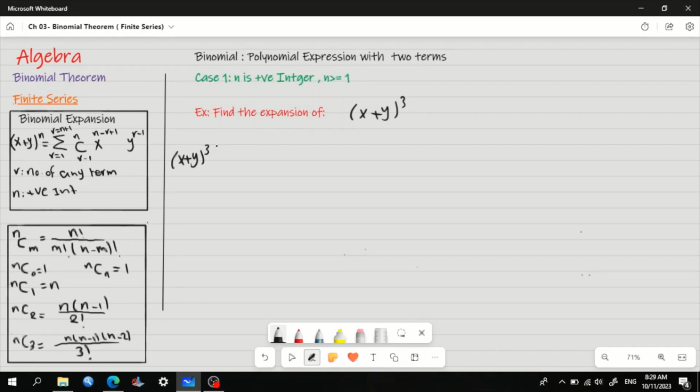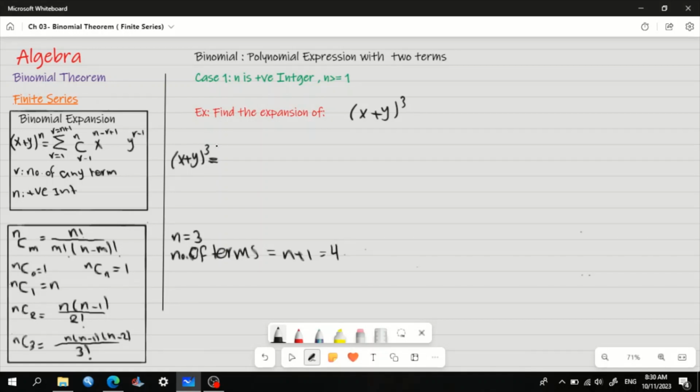Here n is equal to 3, so the number of terms is equal to n + 1, equal to 4. Okay, let me expand that